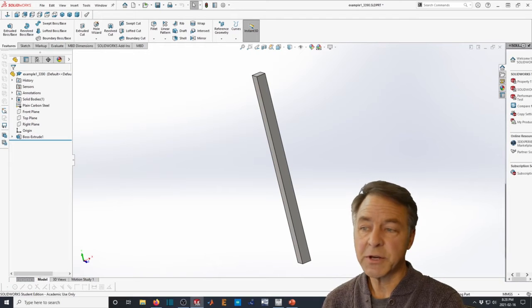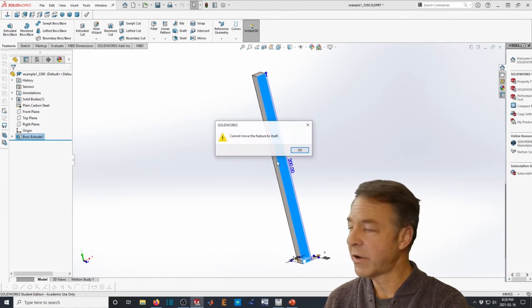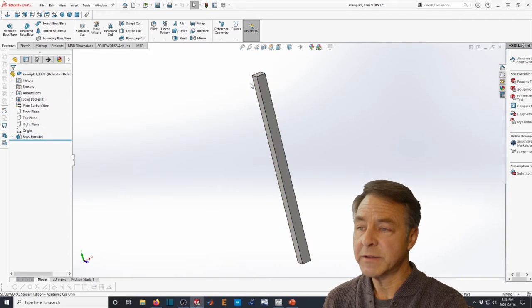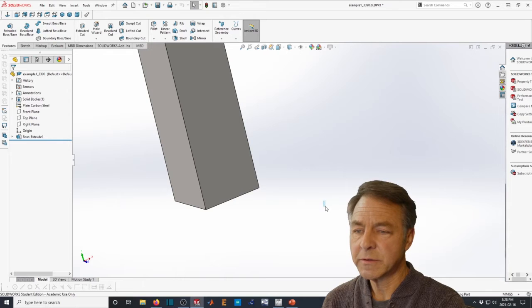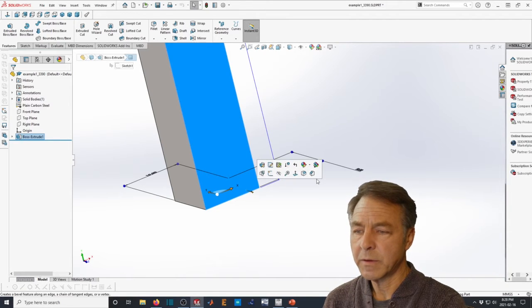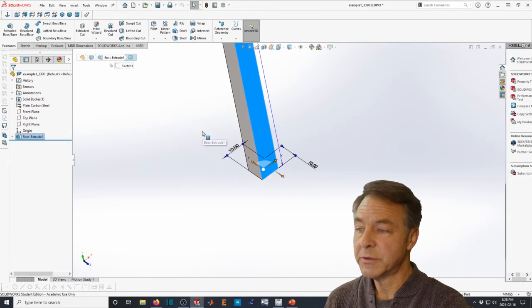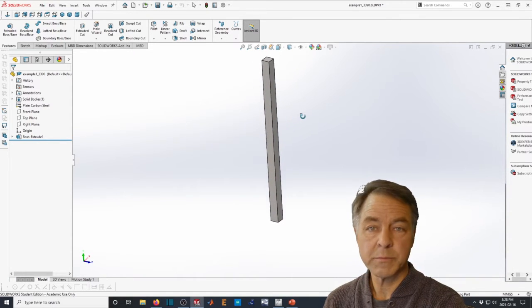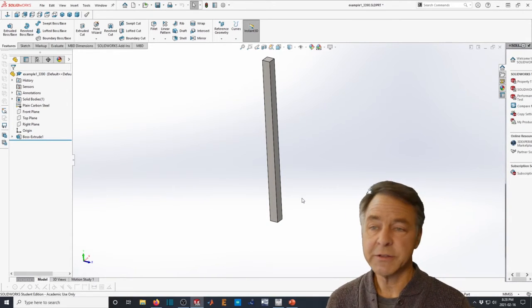So here's SolidWorks. You're familiar with it. This is just in the part mode. And what I've got here is a 200 millimeter long rectangular bar, and the bar is 10 millimeters square in cross section. So this is a very simple solid part. And I know this is incredibly simple, but this is a great way to show you a simple